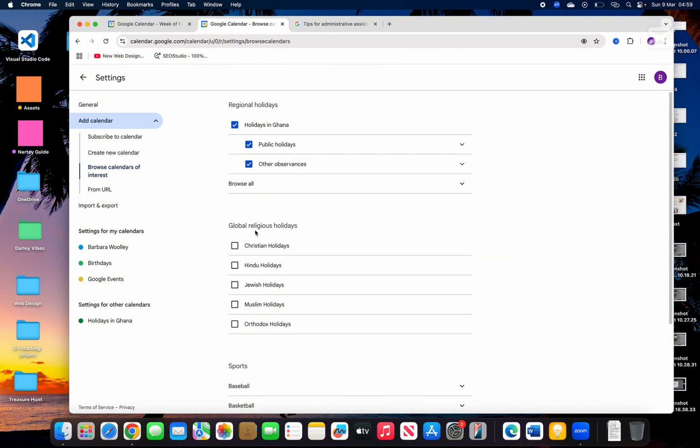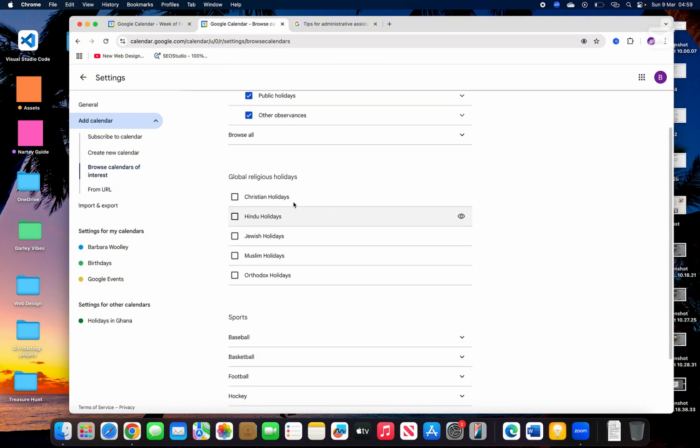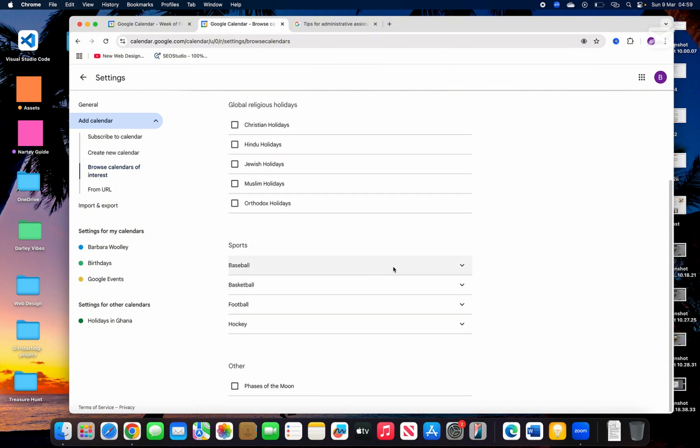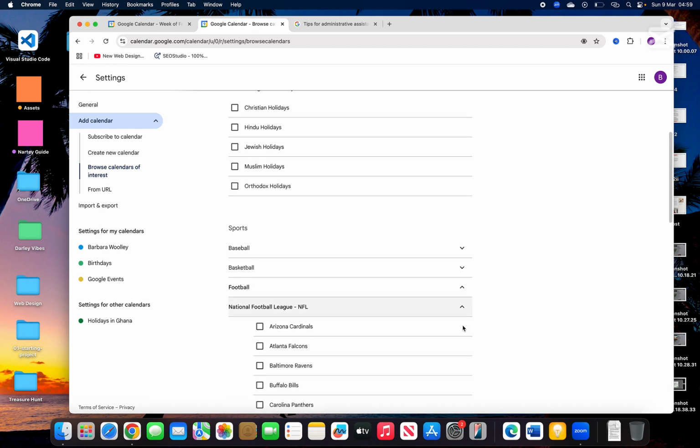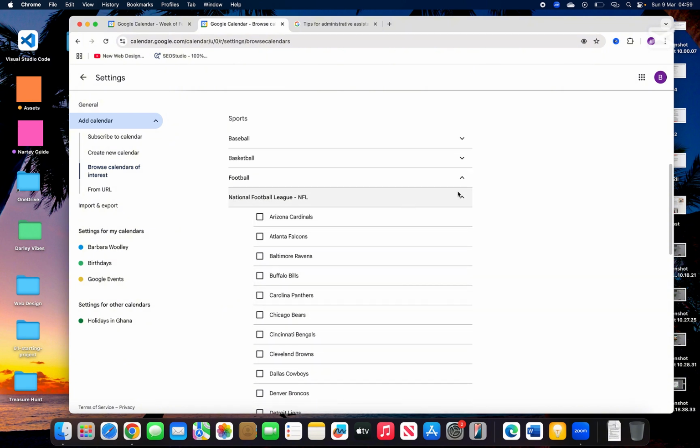Now, there's also global religious holidays like Christian holidays, Hindu holidays, Jewish holidays, Muslim holidays, and Orthodox holidays. You can check out some of these things in case you want to see them popping on your calendar. There is also sports, basketball, football. When you click on that, you can see all of this. You go ahead to click on this, and then you can add them to your calendar if you are a